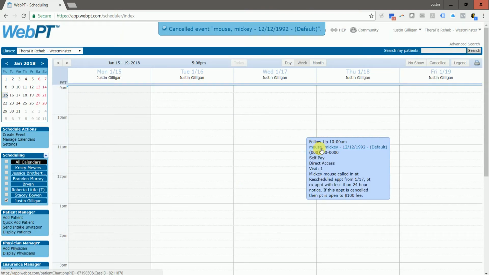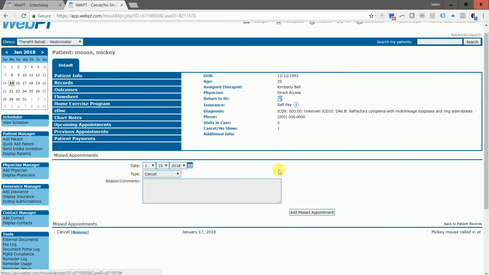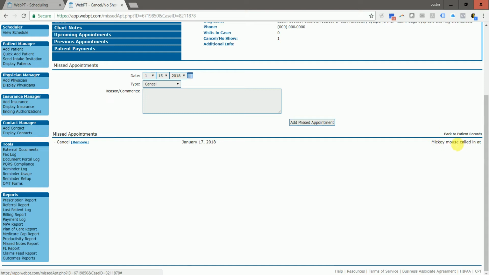Let's say they call back up. You're going to go into Mickey Mouse's chart, and you're going to see this canceled visit right here from January 17th. All you're going to have to do is click on this little view reason, and then you'll be able to say, well, Mickey Mouse, you canceled, and then it'll just lay it out right there. All the reasons that Mickey Mouse canceled that day,